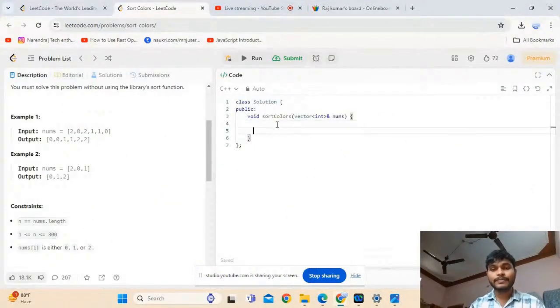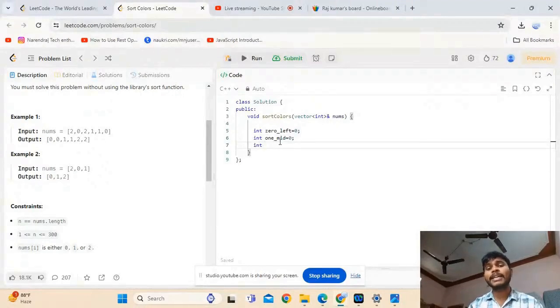So guys here, the 1 pointer, 0 is always at the left, initially it is left. And 1 mid, 1 is always at the mid. So 1 mid, I'm also taking it as 0. Why am I not taking 1 mid at mid 0? So guys, if we are here, what I'm doing is,